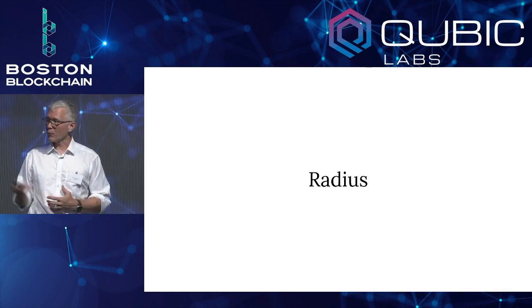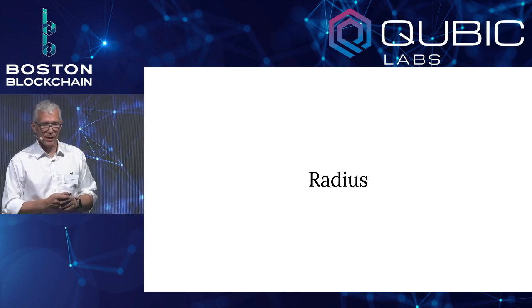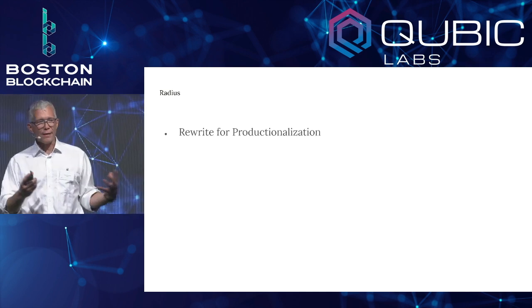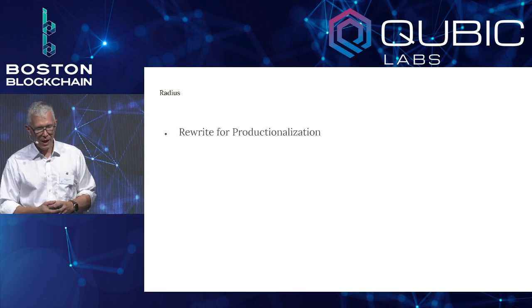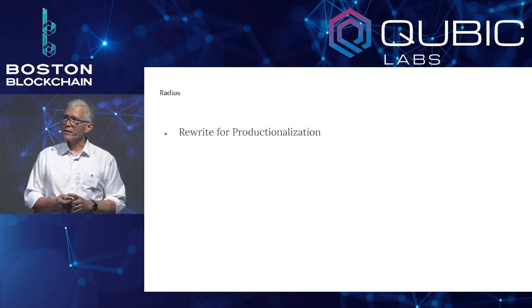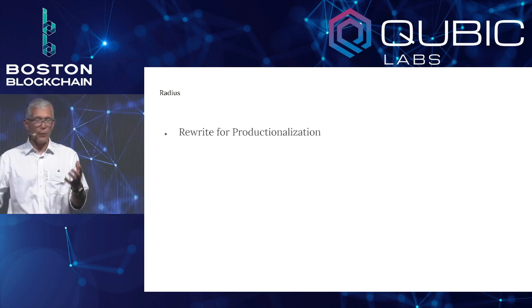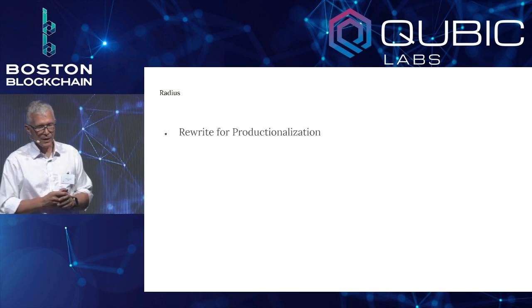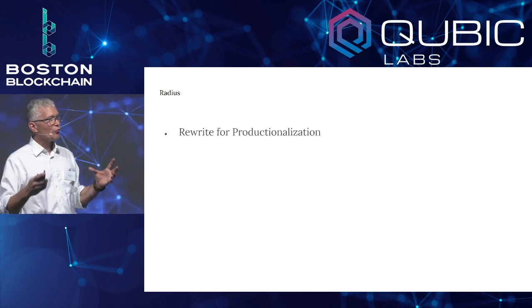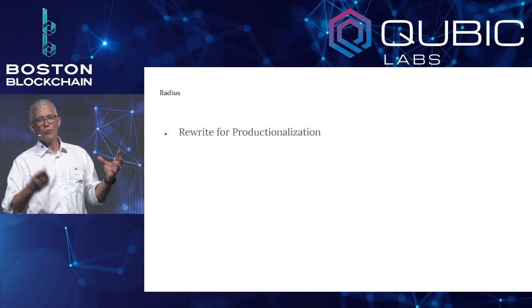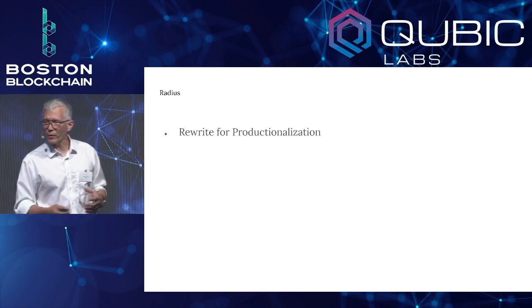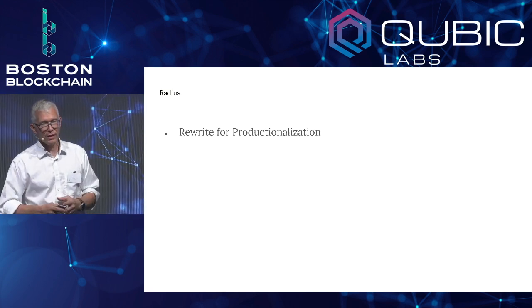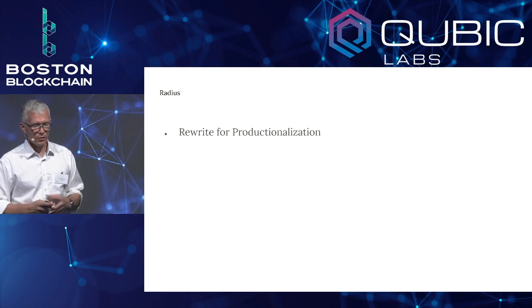So as I mentioned, I'm working at this startup called Radius, and the idea here is to rewrite that for productionalization. Like, how do we really do that? And the code base that we have, by the way, again, Parsec is also open source. It's on GitHub. You can just download it and run it. That code base is a research code base meant to run a research load. So if you want to try an AMM, like Uniswap at 1 million transactions a second, you can go and do it. You'll find that you're going to have a problem doing that, but you could.